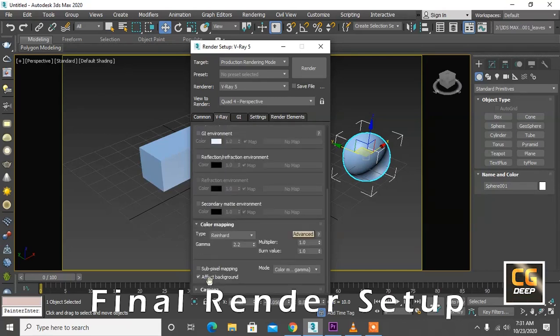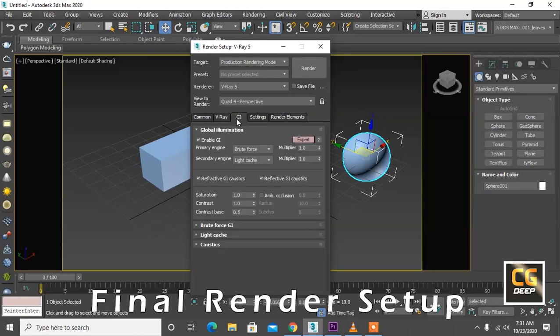Environment color mapping, select exponential and press 0.8. Click subpixel and select color mapping only, no gamma, right? And go to GI and select primary engine irradiance map and secondary engine light cache.